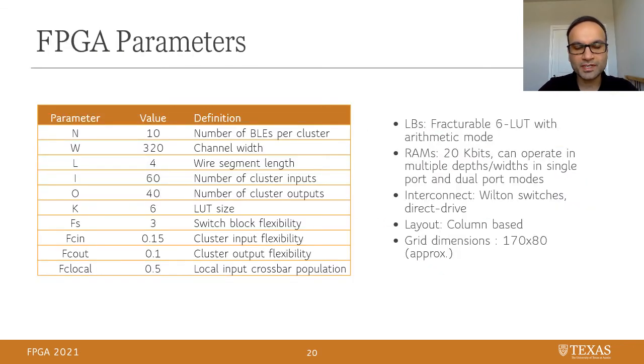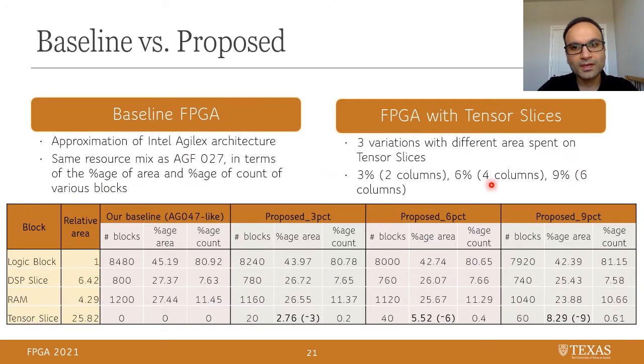This slide shows the various parameters of the FPGA, like wire segment length, the flexibility of various blocks, the layout, etc. These are similar to Intel Stratix 10 and Agilex FPGAs. The baseline FPGA that we used was an approximation of the Intel Agilex architecture. We used the same resource mix as AGF'21 in terms of the percentage of area and percentage of count of